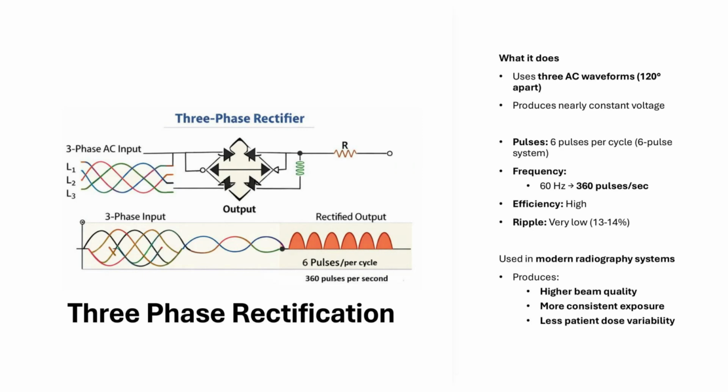Three-phase systems improve generator efficiency even further. Instead of using a single AC waveform, three-phase power uses three alternating waveforms that are 120 degrees apart. Because these waveforms overlap, the tube voltage does not fall all the way back to zero between pulses. In a three-phase, six-pulse system, there are six pulses per cycle. At 60 hertz, that produces approximately 360 pulses per second. The result is a much lower voltage ripple, approximately 13 to 14% in a six-pulse system. Compared with single-phase equipment, the voltage remains much closer to the selected kVp, creating a more consistent and efficient X-ray